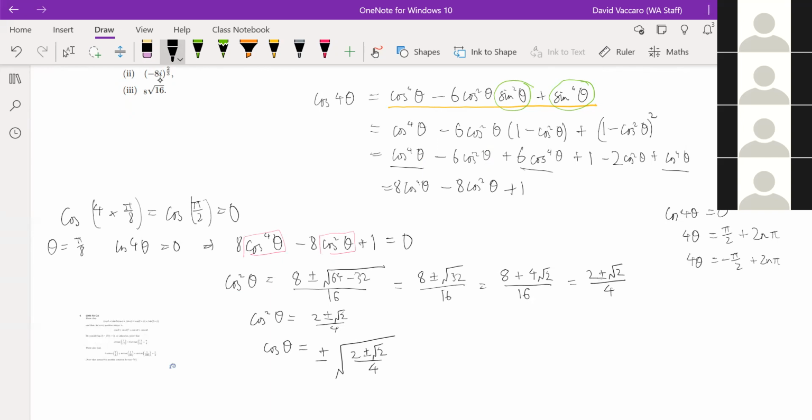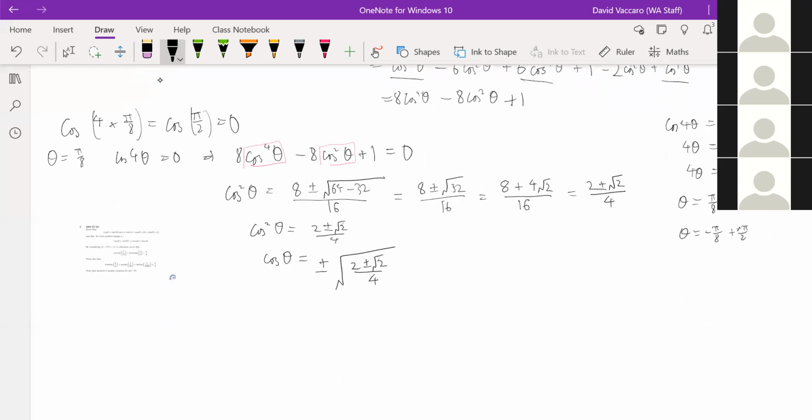So the values of theta when cos 4 theta is 0 are pi over 8 plus n pi over 2, or minus pi over 8 plus n pi over 2, which gives me values of theta which are pi over 8, 5 pi over 8, 9 pi over 8, or 13 pi over 8,